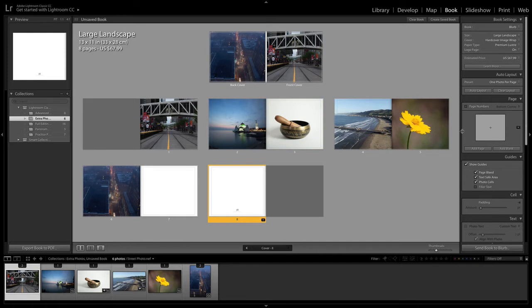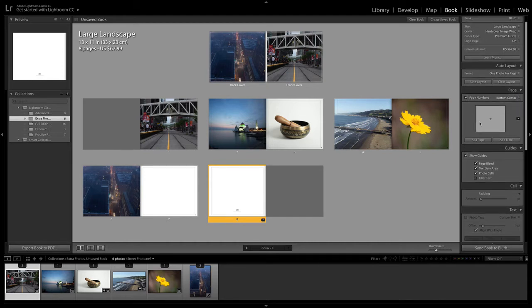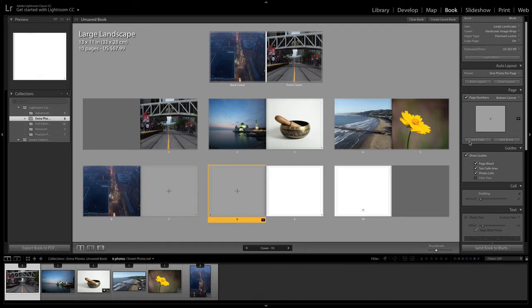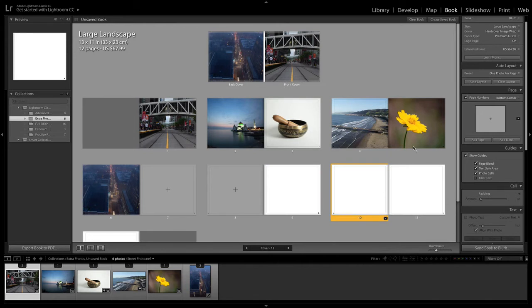So that's for automatically creating your photo book, but there's lots of ways you can edit these photos after the fact as well. But before we go over that, you have page options like adding page numbers. You can choose where you want those page numbers to be. You can add pages. So for example, if you have a specific number of pages you want, you can just click to add pages that you want, and these are photo pages, or you can add blank pages. So if you do that twice, it'll have multiple blank pages in a row.